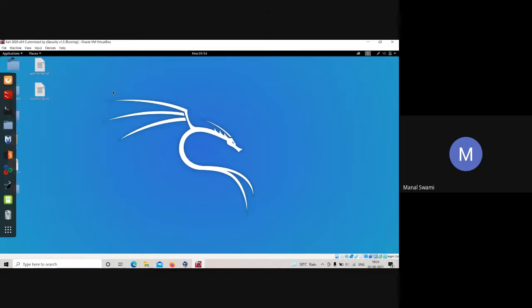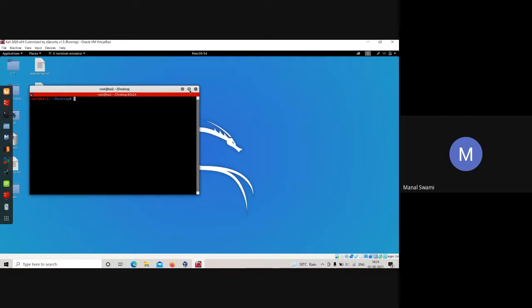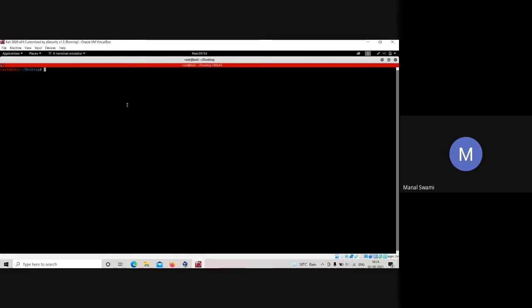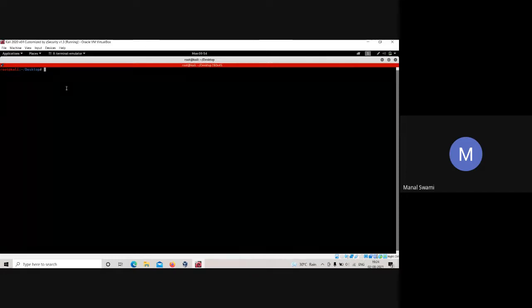All right. Then when you right click, you can create a new folder. You can show desktop files. You can open the terminal. This is the terminal. All right. Terminal means the CLI version, which is command line interface. Whatever we will be doing, whatever hacking we'll be doing, scanning, information gathering, whatever we will be doing, we will do it over here. All right, I will be giving you a walkthrough of terminal tomorrow.